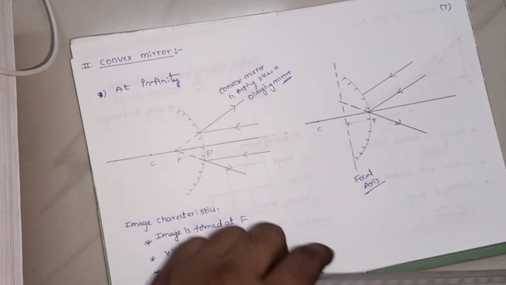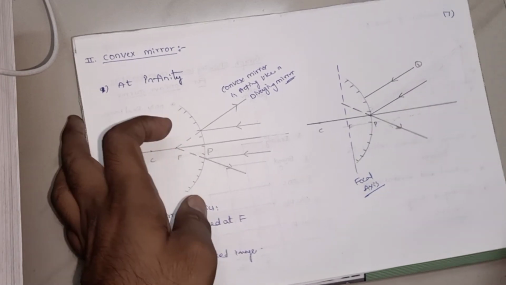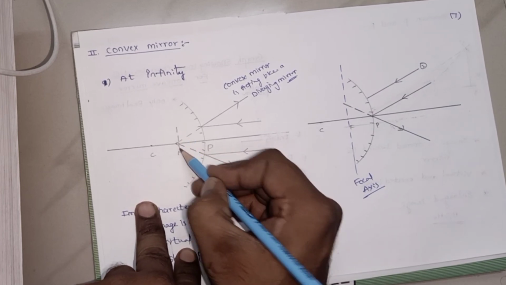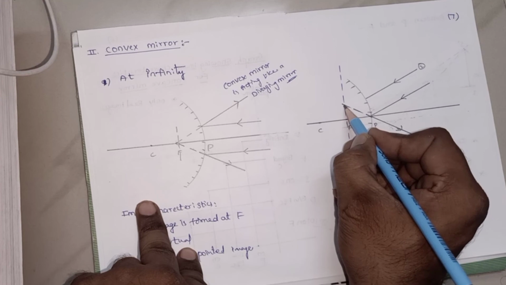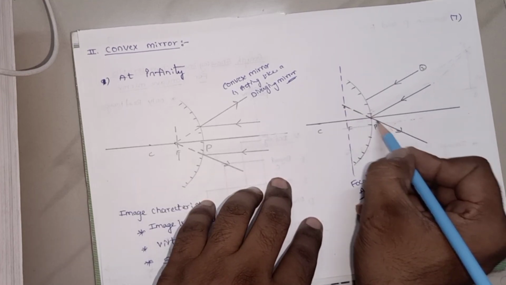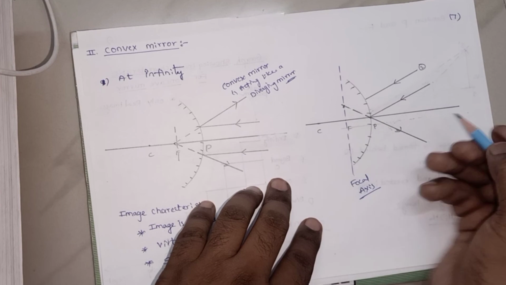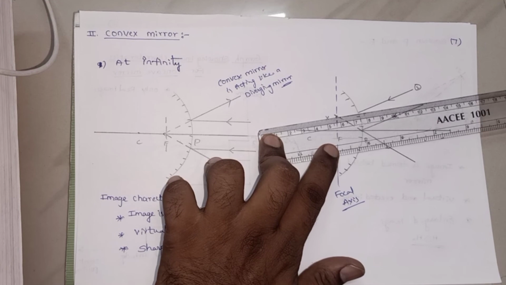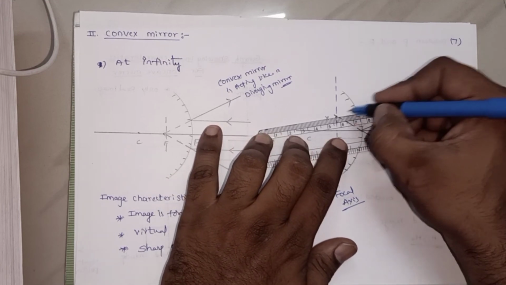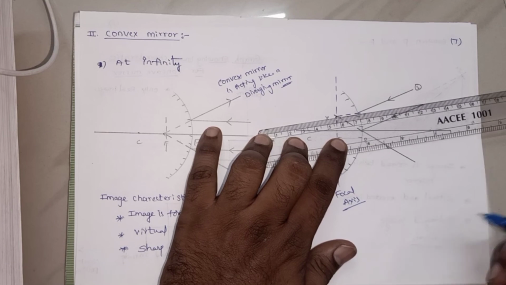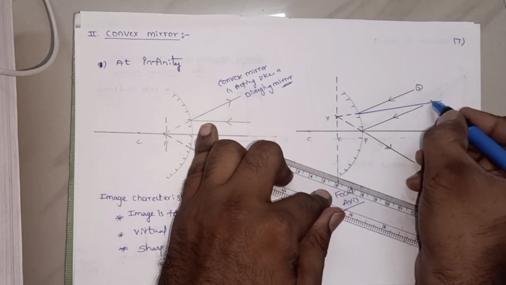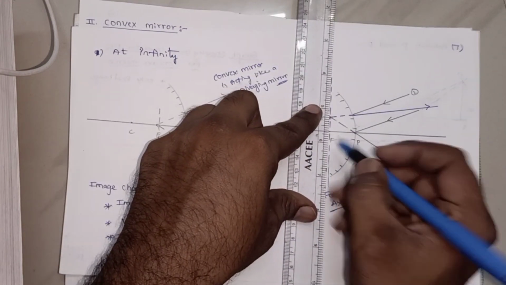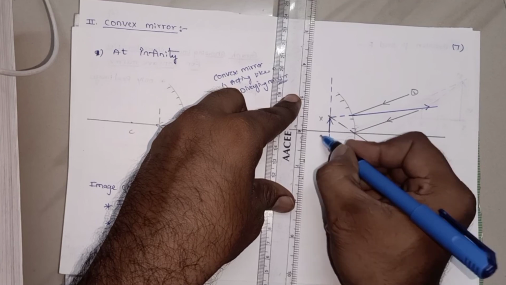In the second situation, for the second ray, how will I draw? See, all the rays will diverge from focus. The focus lies on the focal axis. Indirectly it is clear that all the rays will be diverging from the focal axis. So here the first control ray met the focal axis at x. Let us assume that. First I will draw the control ray for the second incident ray. So this is the control ray of the second incident ray. Now extend that ray. This is the reflected ray. Now how will you get the image? Here you will get the image. So this is the image I dash.